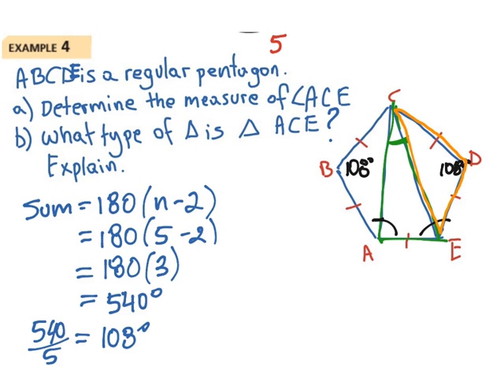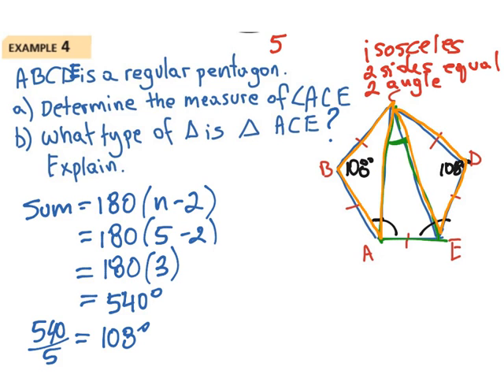And notice these two triangles are identical. They have the same sides and they have the same angle. This is called an isosceles triangle. Why is it an isosceles triangle? Because it has two sides that are the same. Right? It's equal. And since it has two sides that are the same, it has to have two angles that are the same. Which angles? Specifically the ones that are opposite to the sides that are equal. So these are the two